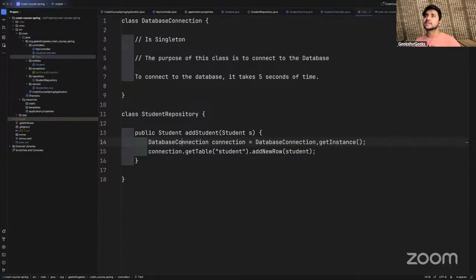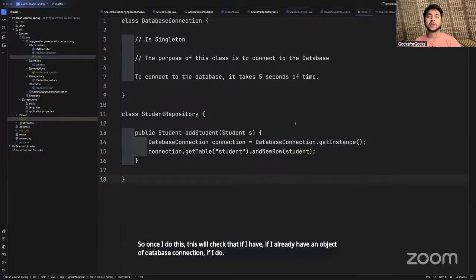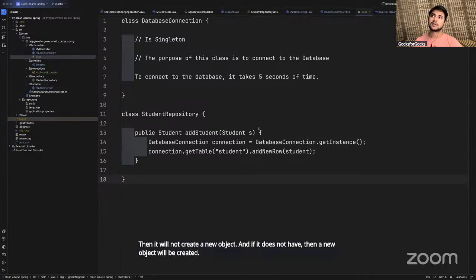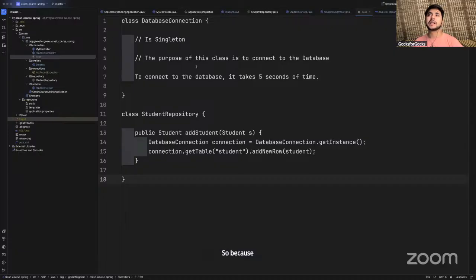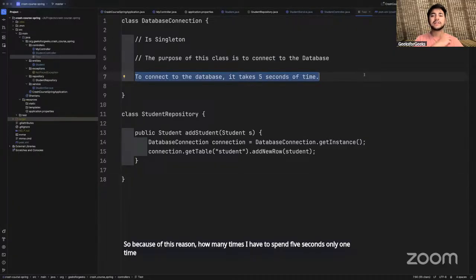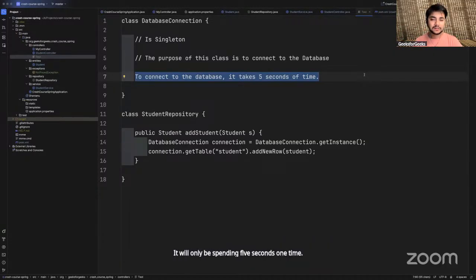Once I do this, it will check whether I already have an object of database connection. If I do, it will not create a new object. If it does not have one, then a new object will be created. So how many times do I have to spend 5 seconds? Only one time. Even if there are millions and crores of requests, it will only spend 5 seconds one time. Are you able to understand why we need singleton now?